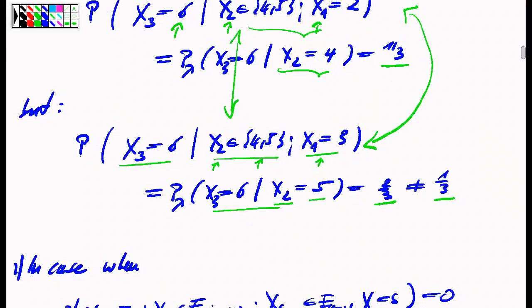Okay, so this example shows that when you have not precise information on the latest state of the system before you want to make a prediction, then the Markov property cannot hold in its naive form. The Markov property can correctly be formulated only when the latest observation from which you want to make an interpolation towards the future is precise. But if you do have a precise latest information, a precise information on the state of the system at a given moment of time, all other information that comes from the past is no longer